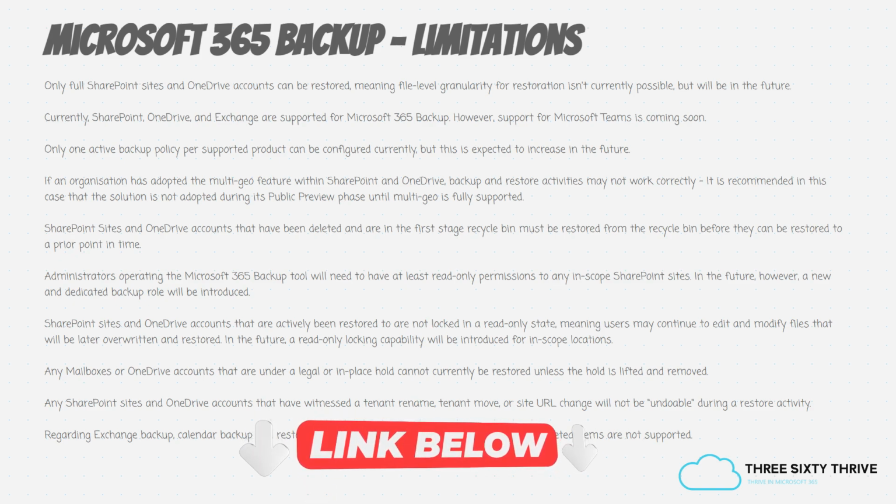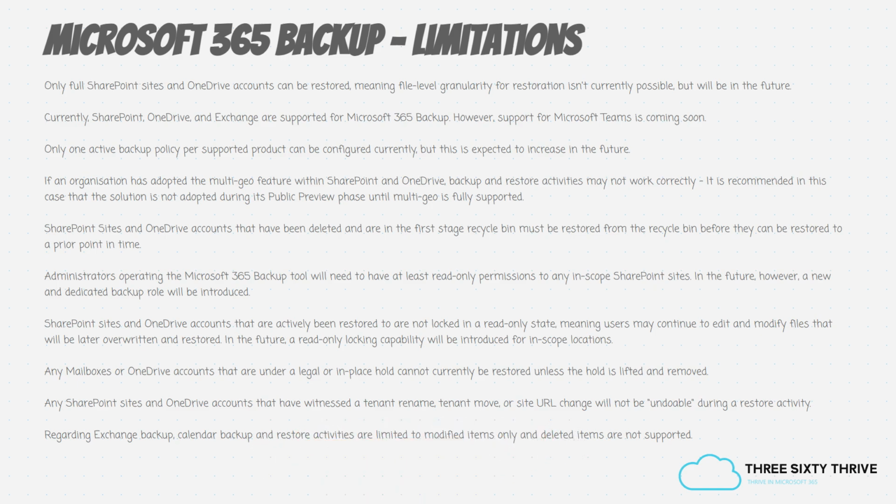Some notable ones for Microsoft 365 Backup, however, are that only full SharePoint sites and OneDrive accounts can be restored, meaning file level granularity for restoration isn't currently possible, but will be in the future. Currently, SharePoint, OneDrive and Exchange are supported for Microsoft 365 Backup. However, support for Microsoft Teams is coming soon. Only one active backup policy per supported product can be configured currently, but this is expected to increase in the